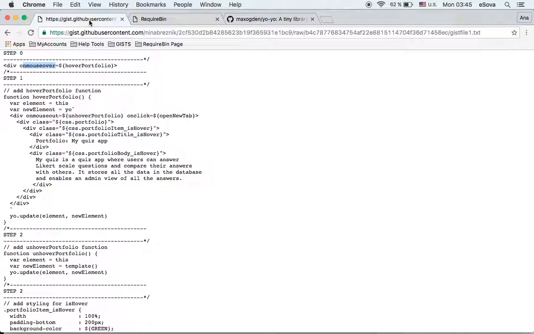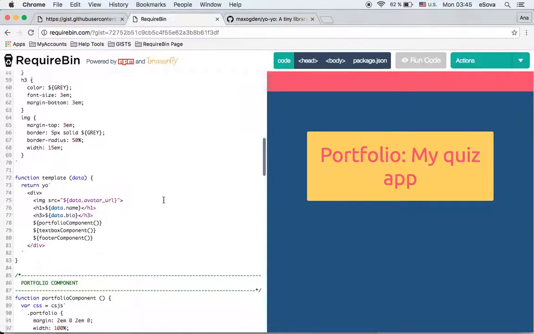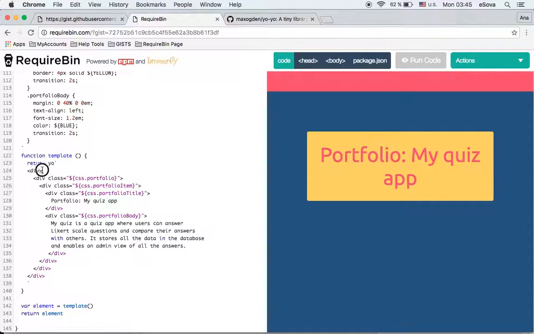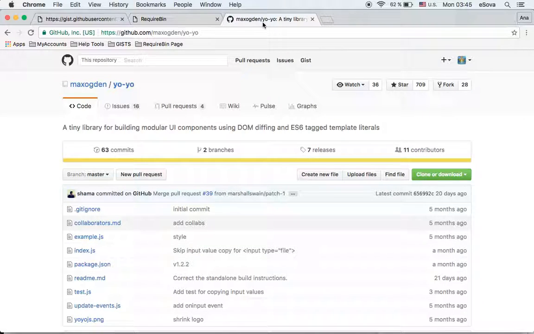So we will start with an event on mouse over, and we will put this event on our portfolio component main div. So on this one. Whenever we go with the mouse over our portfolio component, it will trigger the function hover portfolio. This on mouse over event is one of the events that you can use, and in order to see what else is available with Yo,